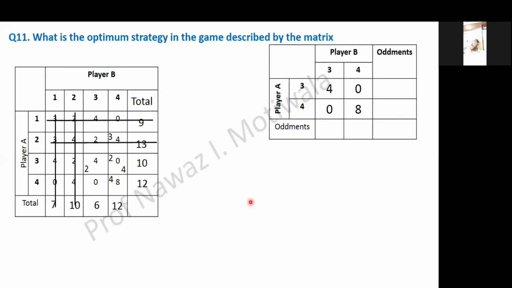Now the point worth noting is where students make mistakes, and I think most of you have also made a mistake here. Observe this, because the answer you might get is correct, but the writing part of that answer you might write wrong. So see this part, I will highlight that. Okay, here you can see that we got the remaining values as 4, 0, 0 and 8. And these remaining values were on which strategy? It was on strategy 3 and 4 for player A and 3 and 4 for player B.